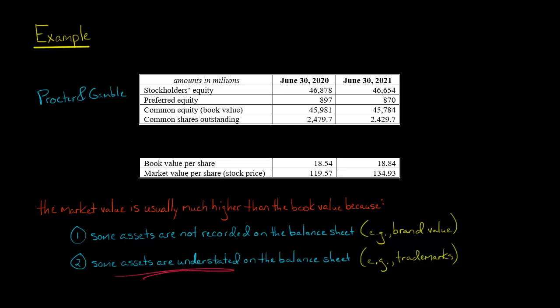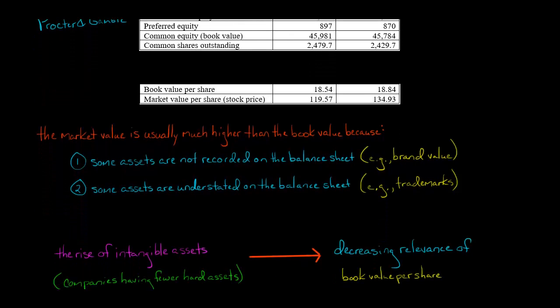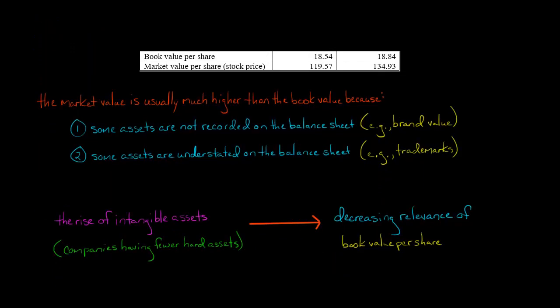Then also there are some assets that are understated on the balance sheet. For example, a trademark. If Procter & Gamble registers a trademark for one of its products, that trademark would not appear on Procter & Gamble's balance sheet at its fair market value. It'd be at the cost to register the trademark, plus any cost to defend the trademark from litigation and so forth. So it's not on there at its fair market value. So for those reasons, we can clearly see that the market value of a company is usually much higher than